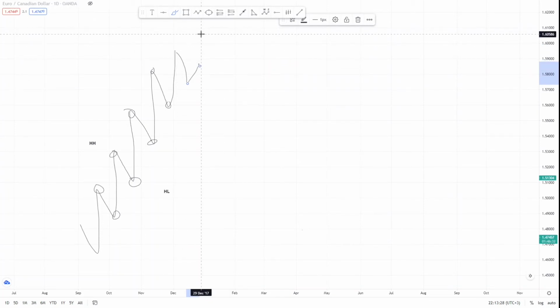But when it fails to create the new higher high, you'll be looking at it breaking this support here. So the second point you're going to be looking at is what? The breakage of a support level. So when support levels are broken, we see that, okay, the trend might be changing direction. So for example, if it fails to break a higher high first, comes down, breaks this support level here,